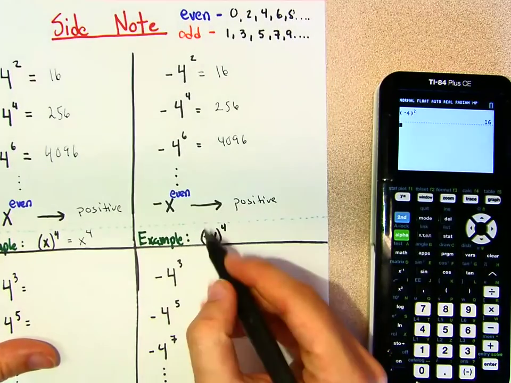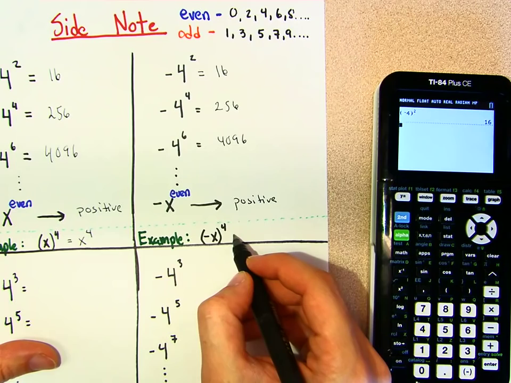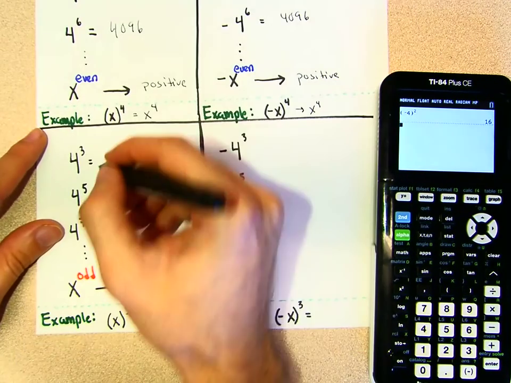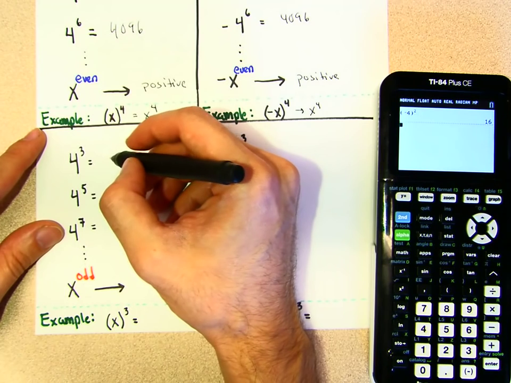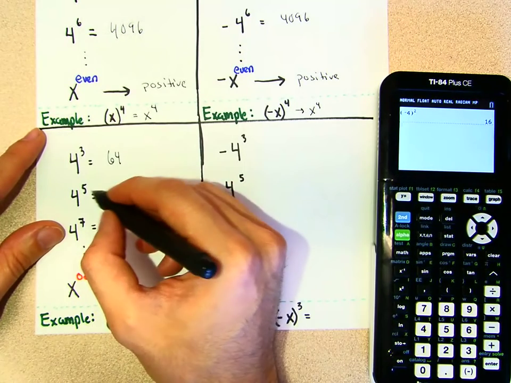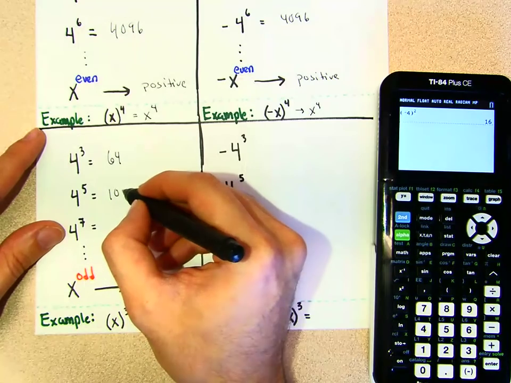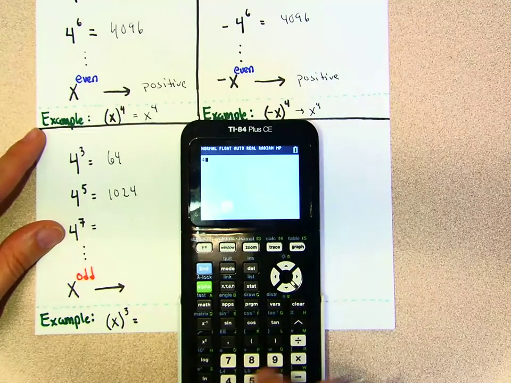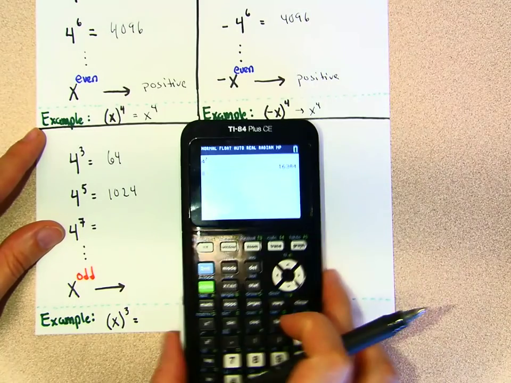Okay? So here, what's negative x to the 4th? It's just x to the 4th. Here, let's take a look at this. What's 4 to the 3rd? That's 64. What's 4 to the 5? I think that's 1,024. And what's 4 to the 7th? I don't know. What is 4 to the 7th? And that's